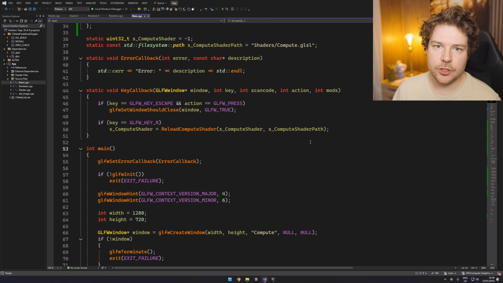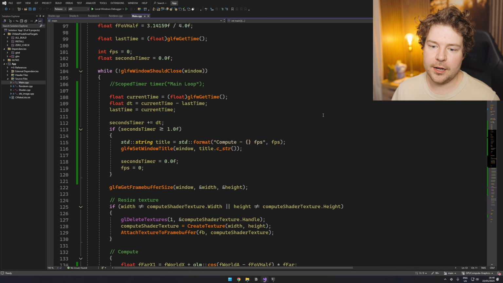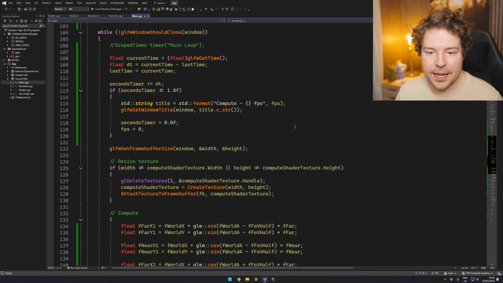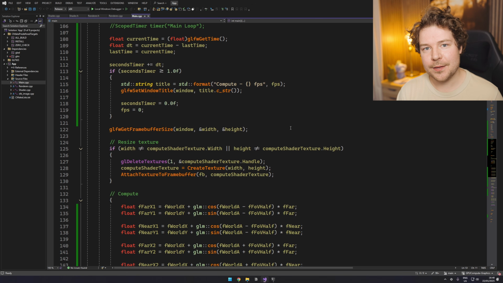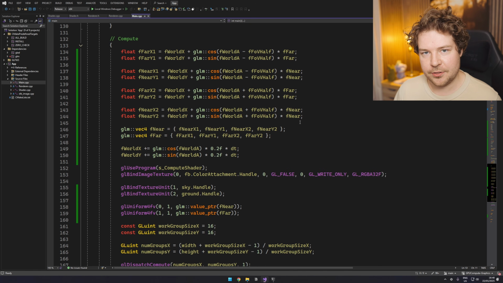So what exactly do we need to transition this from the compute pipeline to the graphics pipeline? Well, as you're about to learn, we need a lot more stuff. We're gonna need something called a vertex array and a vertex buffer at the bare minimum. We are using OpenGL, which is why vertex arrays are a thing. We're also gonna need a vertex buffer because that's gonna hold the vertices that are gonna make up the geometry that we now have to render. And then finally, an index buffer